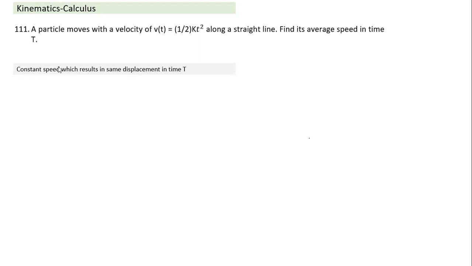When you find average speed, what does it mean? Conceptually, it means what constant speed I should maintain between time 0 and t so that it produces the same displacement as the varying speed. That's the concept of constant speed. To understand it better, when we talk about displacement, it is the area under the v-t curve. If this is the v-t graph, showing how velocity varies with time, and this is time t here, the area under this curve indicates displacement in time t.